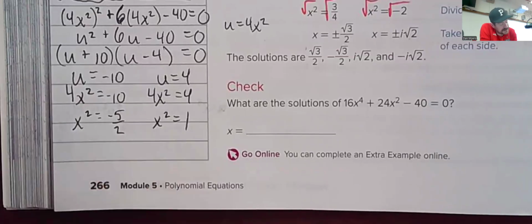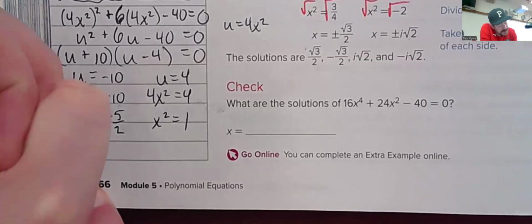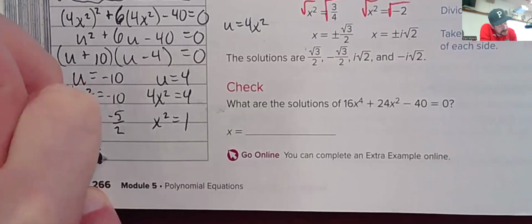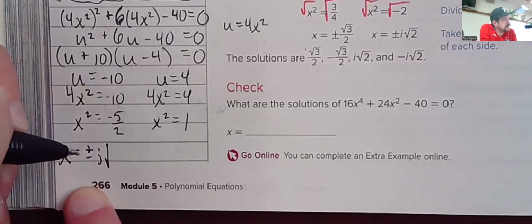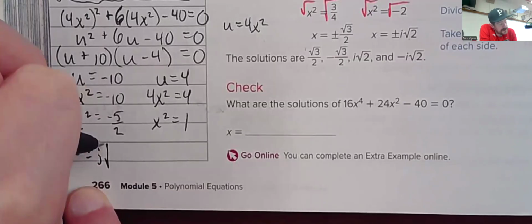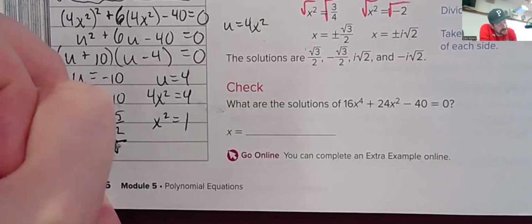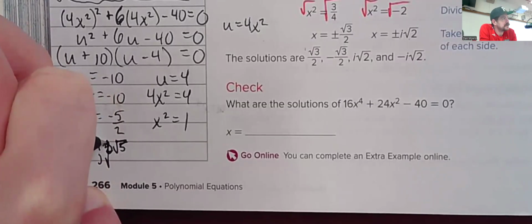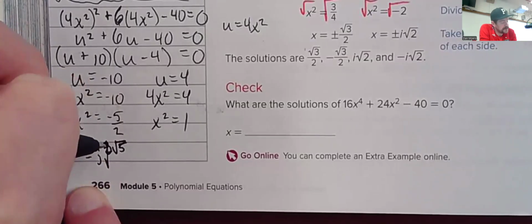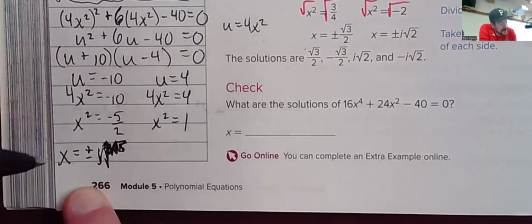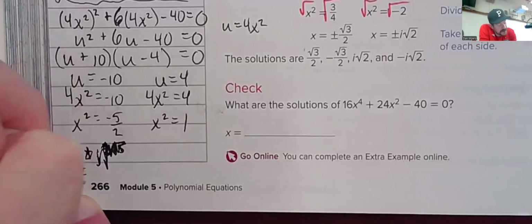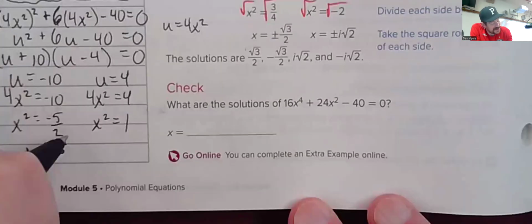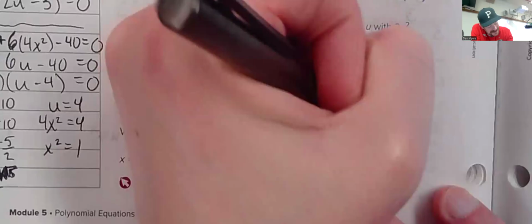well, that's going to be x is equal to plus or minus i root... Hang on. Oh my gosh. Hang on. I'll just write this over here. So x squared equals